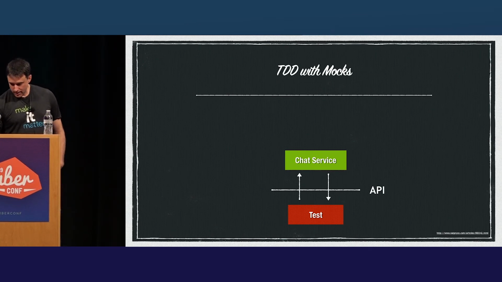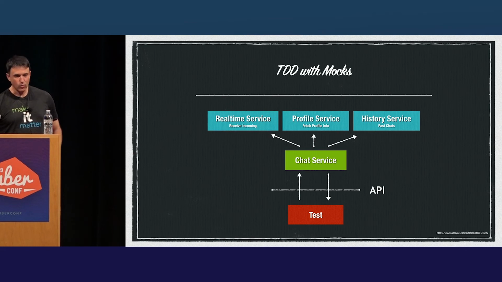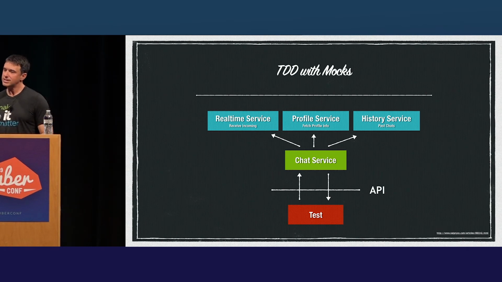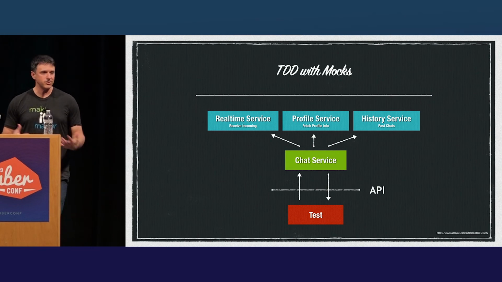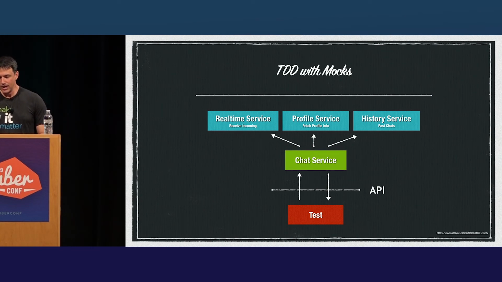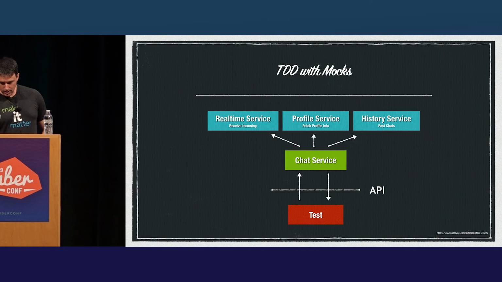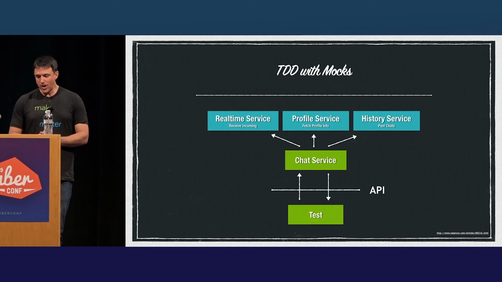Well, it needs to interact with a real-time service so we can subscribe and get chat messages in. It's got to interact with the profile services so we can get information about the person we're chatting with, display a profile picture, display his name, and other information about him. We can also connect to a history service to load all the previous chats before this instance we have going on. And so the test works when we add the mocks, and then we have direction for our next set